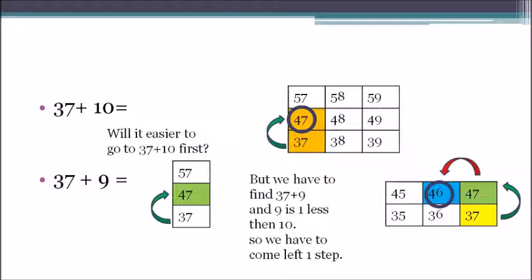एक बढ़ा है, तो हम अगर 1 पीछे चले आएंगे तो हम 37 प्लस 9 के आंसर तक पहुंच जाएंगे। तो हमने 37 में प्लस 10 करके हम कहाँ तक पहुंचे थे, 47 तक पहुंचे थे। और हमें पता है 10, 9 से 1 बड़ा है, तो हमें 1 पीछे आना है। तो 47 से अगर हम 1 पीछे आएंगे तो हम 37 प्लस 9 के आंसर तक पहुंच जाएंगे। तो यहाँ हम कहाँ पहुंच गए, 46 पे। सो यहाँ पर आंसर क्या है, 46। आया कुछ समझ में?